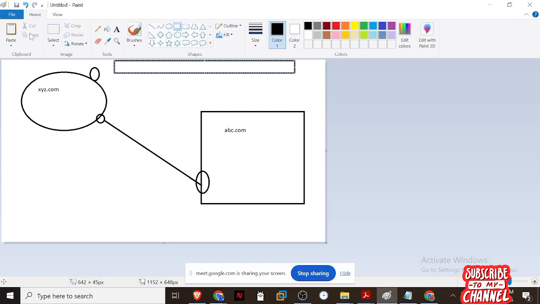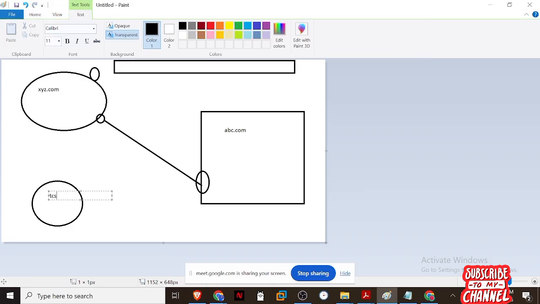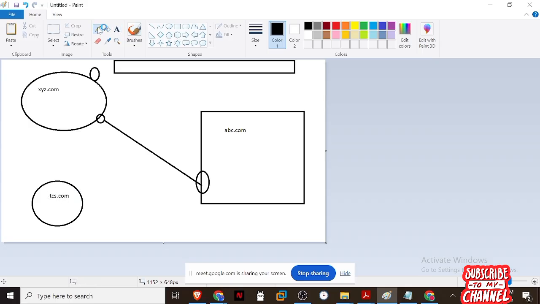So let's suppose some company from tcs.com tries to send an email to user1 at xyz.com, but his mailbox is no more here, his mailbox is here now. So how will this mail route? This mail routing will work, first of all,